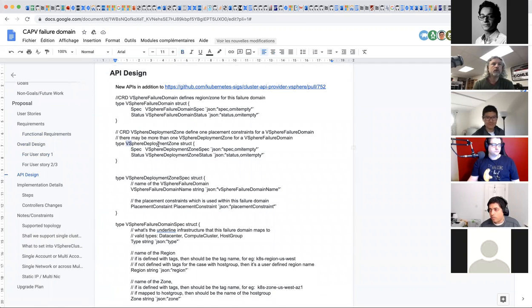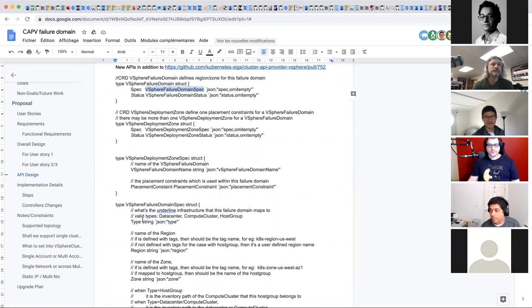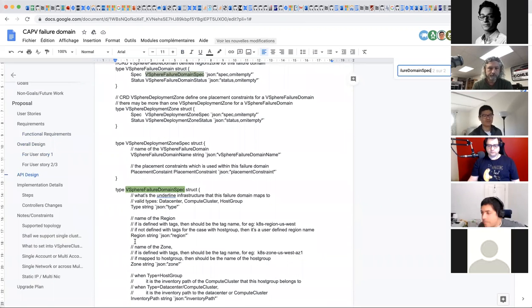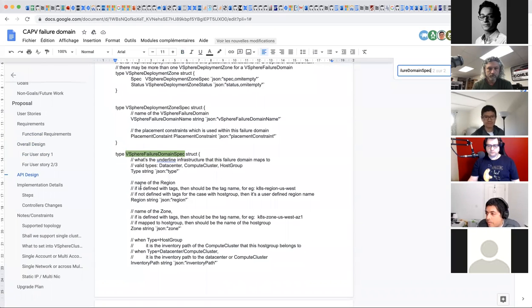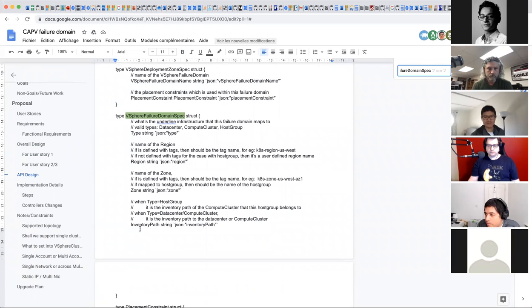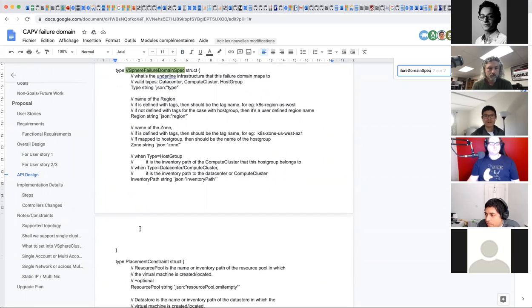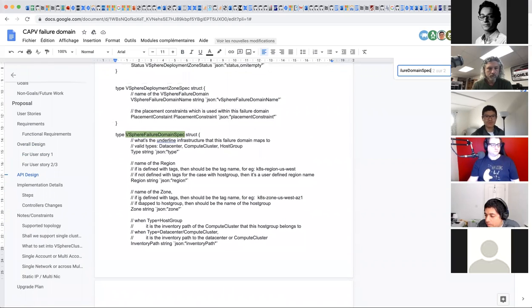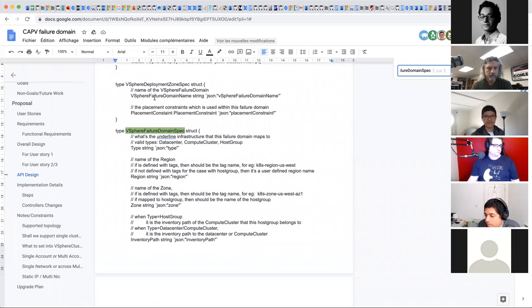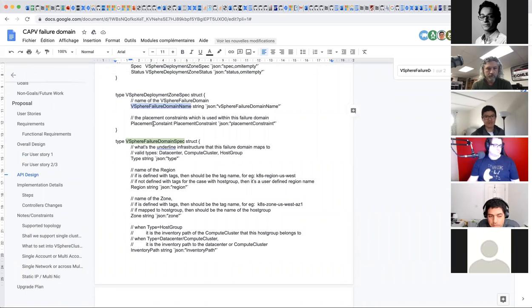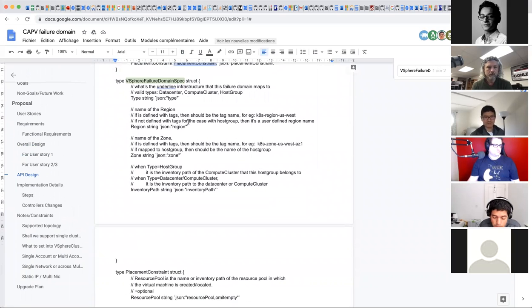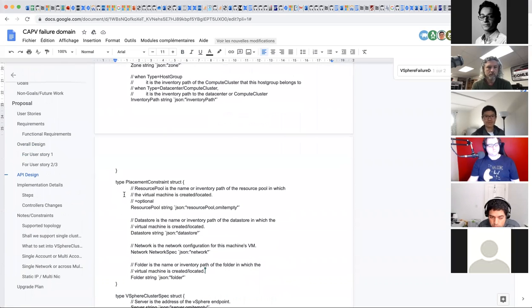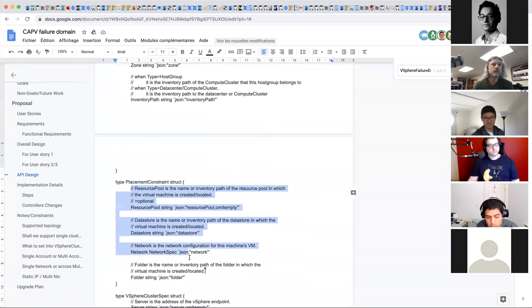The failure domain will capture the zone and region information, and define what underlying infrastructure it maps to, whether a data center, a compute cluster, or a host group, and will not be related to any specific Kubernetes cluster. The deployment zone will refer to the failure domain and define the placement constraints for it within this specific zone, including information like resource pool and datastore.